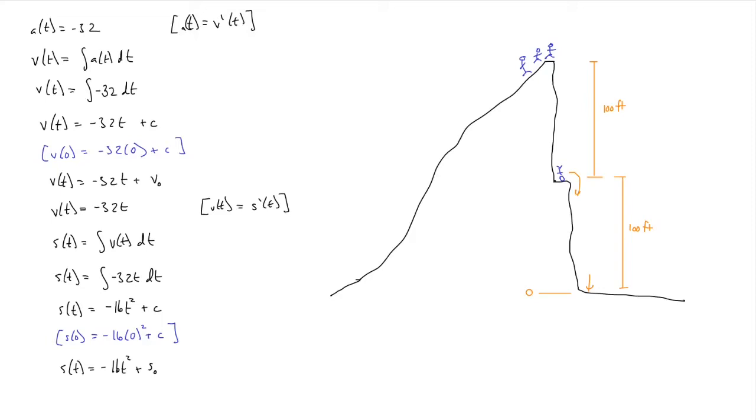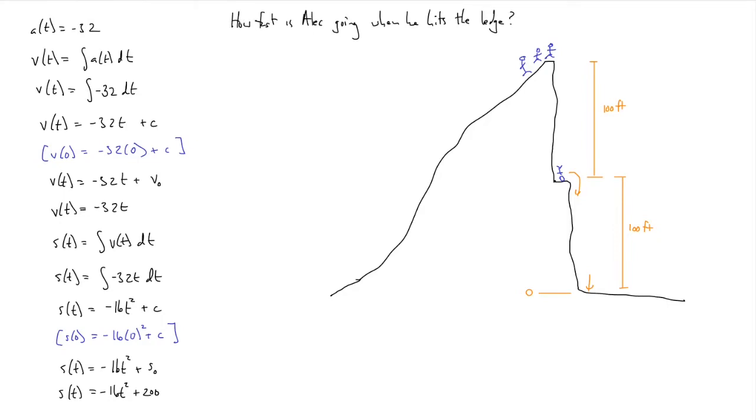Well, it's sort of up to us, but we may as well call the ground level, the base of the cliff, position 0. So at time 0, Alec is 200 feet above the bottom of the cliff, so his initial position is 200. And now we're ready to ask ourselves the key question: how fast is Alec going when he hits the ledge? And the first step in answering that question is determining at what time does he hit the ledge, because if we had a time, then we could just plug it into the velocity function